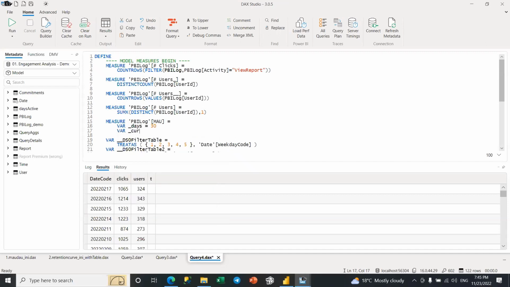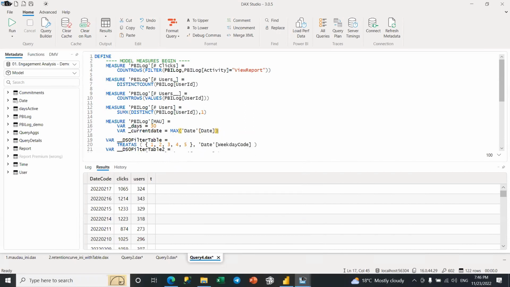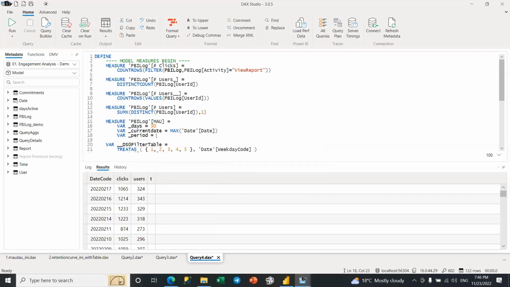Now we need to calculate the current date, which is just the max of whatever is in the filter context that we have in our report. If we have 1 week, the max day of that week will be there. If we have just 1 day selected, it will be that day. If we have a month, it will be the last day of the month, okay? Then we want to go and get a list of those 30 days back, okay?